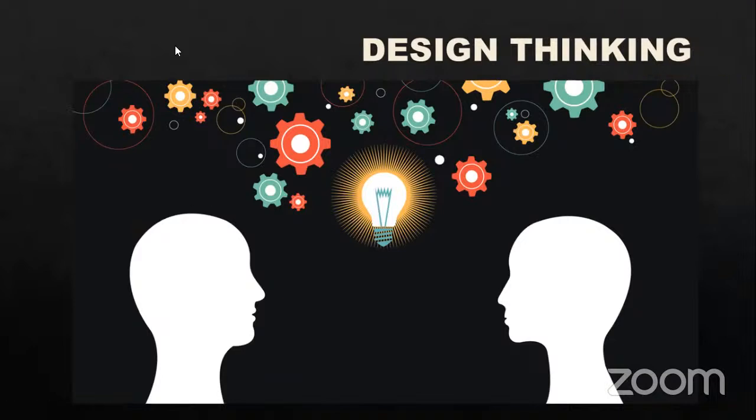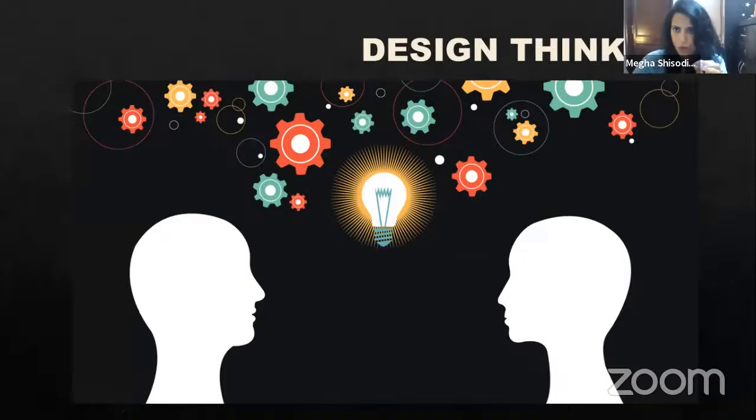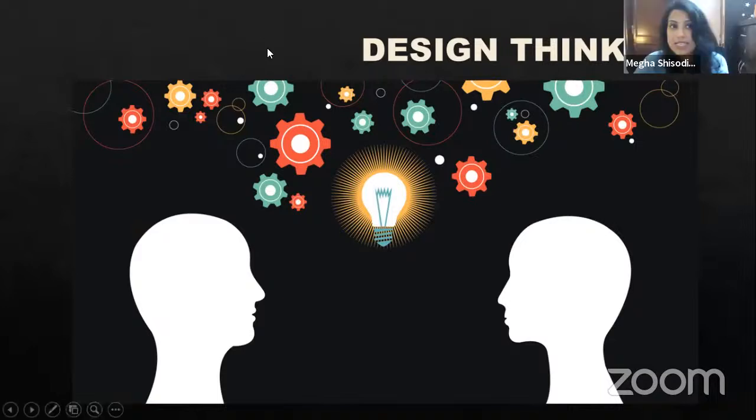Ma'am, can you repeat? First, we'll need the model. The first thing you need is a theme or an inspiration, correct? Yes or no? Yes, ma'am. Absolutely. And then you will start working on that theme. You will collect all the things related to the theme and start working on your garments. In the process, you will make an inspiration board, a color board, a mood board or a client board, and then you will come to the collection.